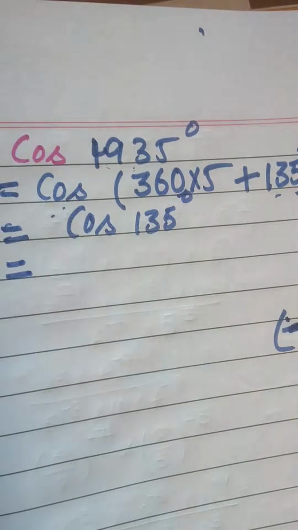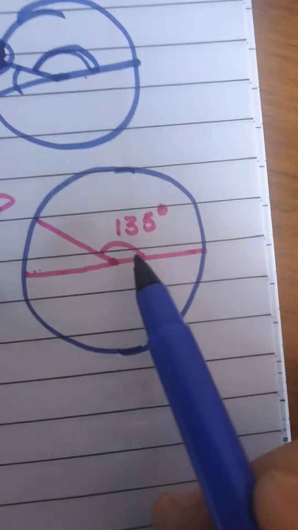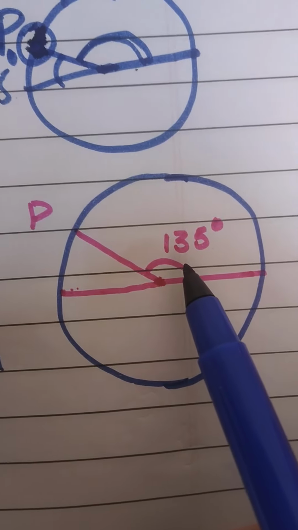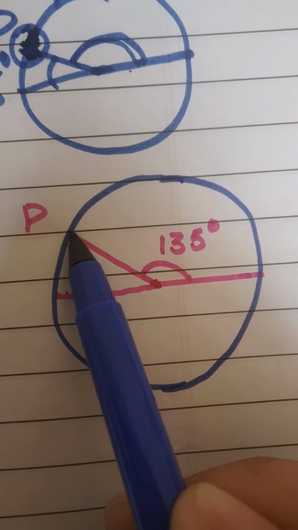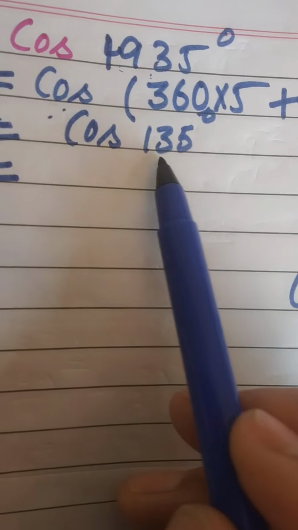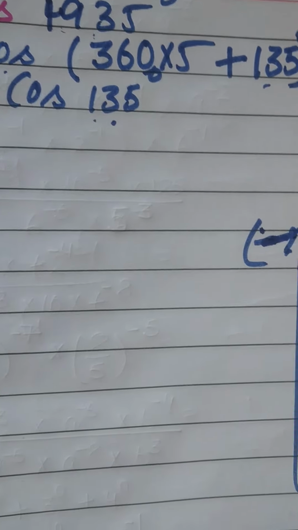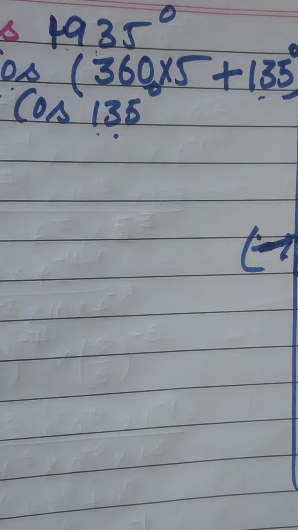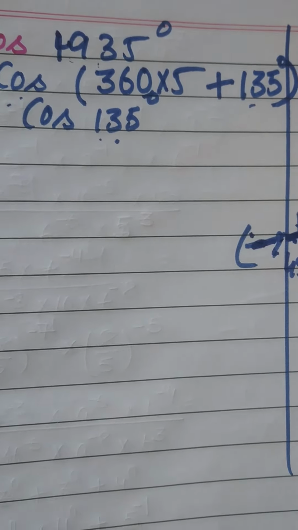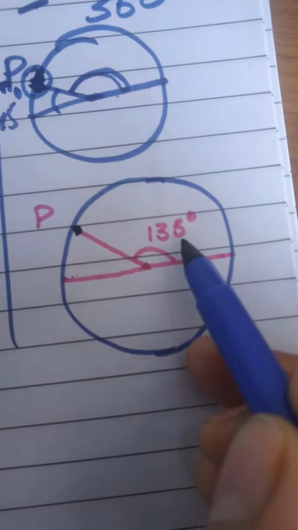Now here we can see, the point to be noted is that cos of 135 degrees means the x coordinate of this point. 135 degrees, as we discussed earlier, is just a way to reach the point. Why do we use angles greater than 90 degrees? Just to locate the points on the circumference till 360 degrees, no? That's why trigonometry went beyond 90 degrees. So 135 degrees is just to reach here.